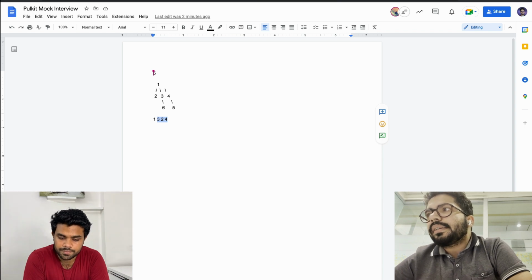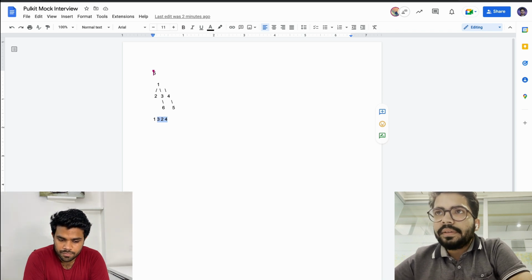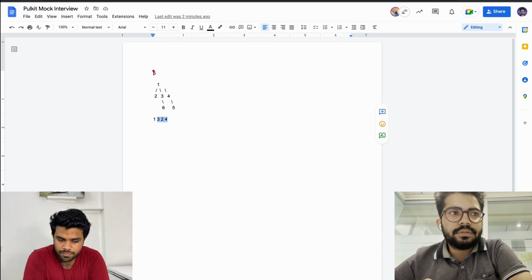But they will not always be n, because they will be constrained by the fact that the number of total children over all the nodes will not exceed n. But in the worst case, if I'm considering them to be n, for this particular node we have n factorial choices to choose among the orders, right? That is, which child should be visited first, which child should be visited afterwards.